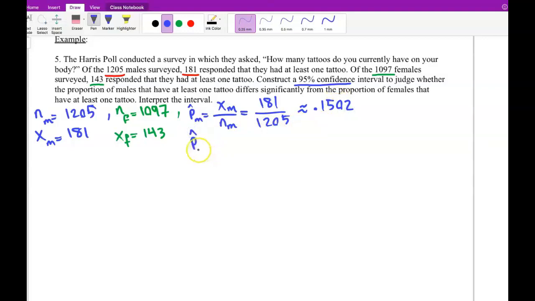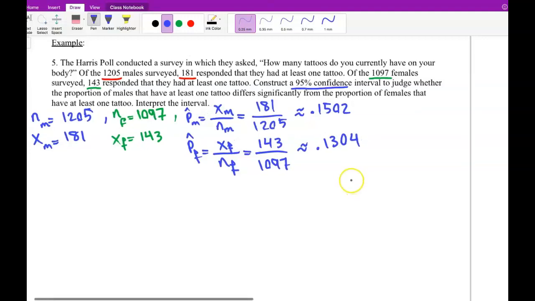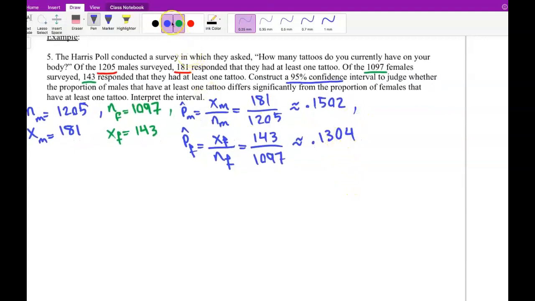Now P hat for females, X divided by N. X is 143. Okay, rounding, it is 0.1304. Okay, then